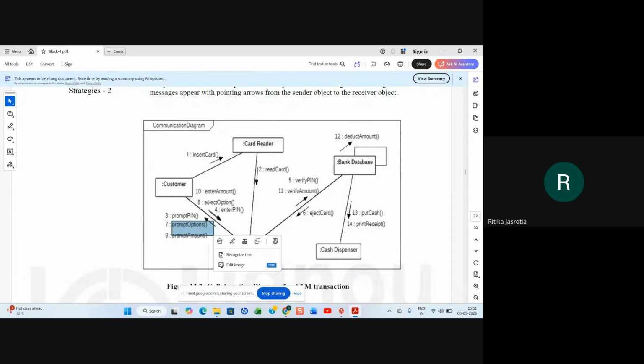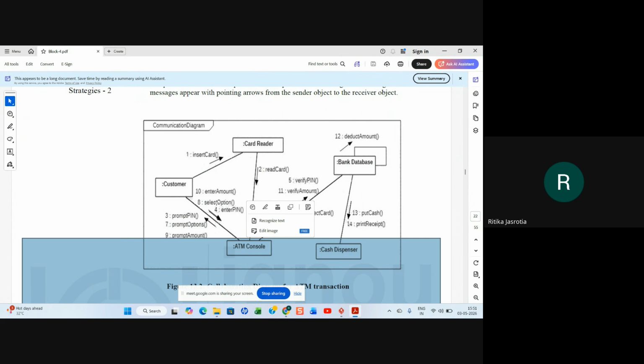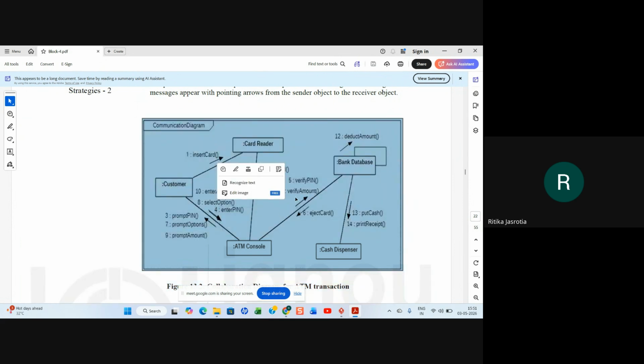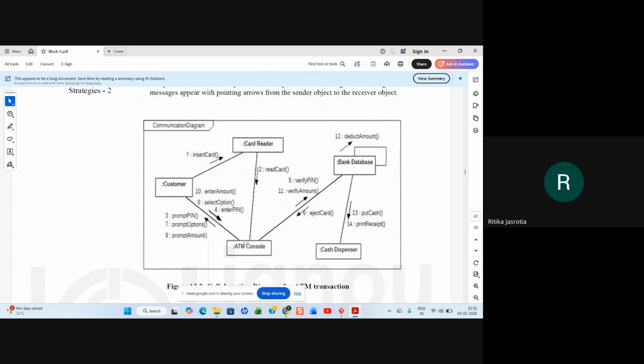So the user will select the option at the ATM console, and the ATM console will select the option of withdrawal. The ATM console will ask for the amount to be withdrawn, prompt the amount. The customer enters the amount.